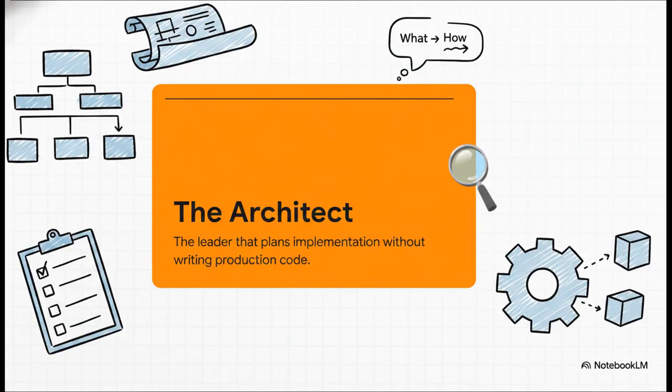Let's zoom in on the architect persona for a second. This is the leader. They're triggered at the very start of a complex task. The architect is responsible for reading the specifications, checking regression guards, and producing a highly detailed implementation plan. And here's the kicker. The architect does not write production code. They solely define the what and the how before anyone gets to the do. For you as a high-performance engineer, this is a massive time saver. You no longer have to spend hours explaining system architecture to your AI. The architect handles that whole translation layer for you.